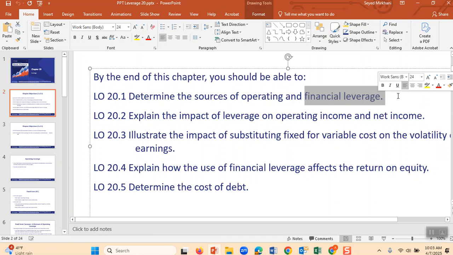Let's think about what financial leverage is. Imagine that you want to open a restaurant. You have two options, the restaurant costing $100,000, or let's say $200,000. You have $100,000 of money yourself. You need another $100,000. How can you get that money? One way is to go to the bank and say, give me 100,000. Another way is to go to a rich doctor and say, doctor, I want to open a restaurant, do you want to be my partner?